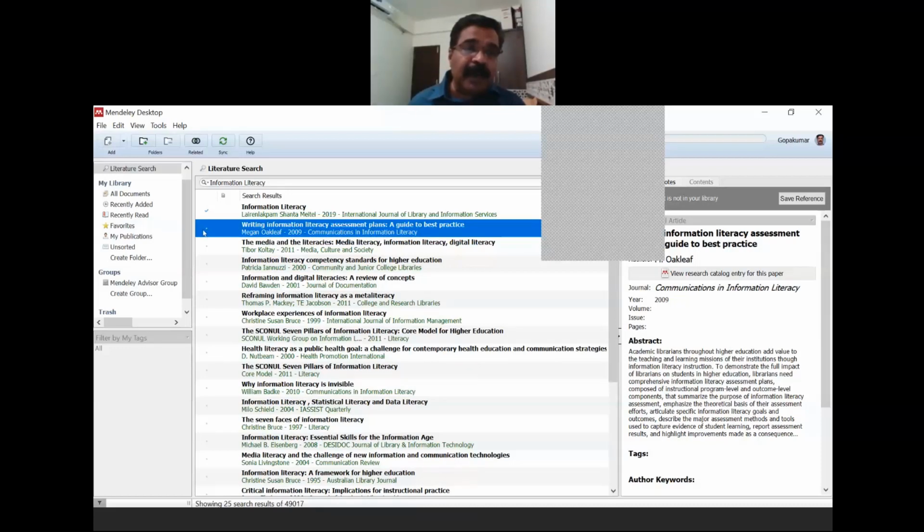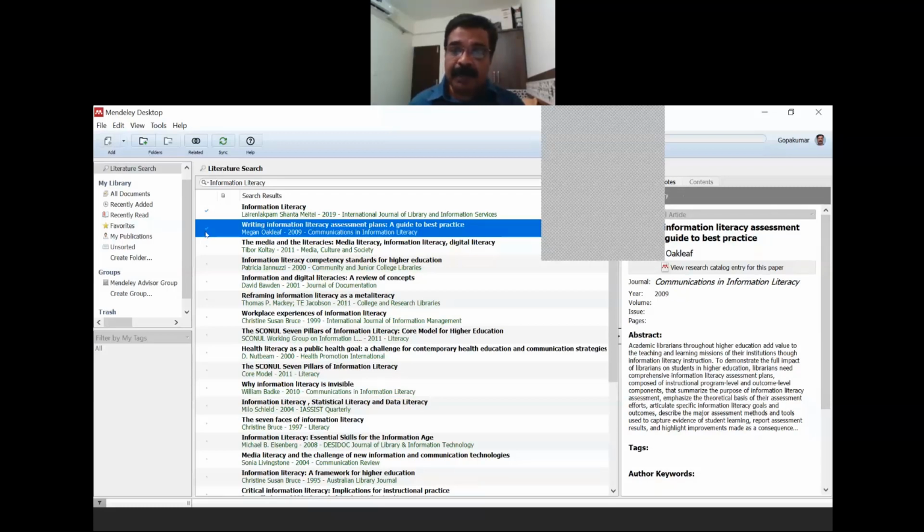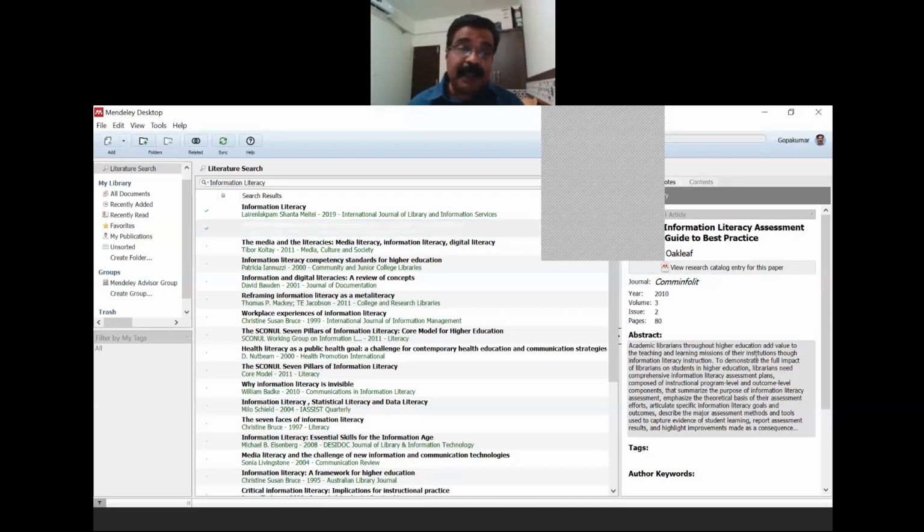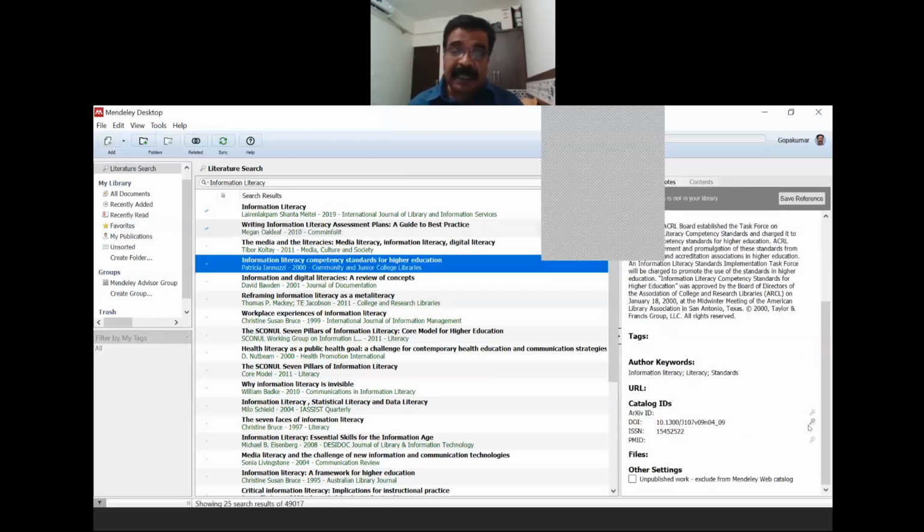Here also you can see the small dot. You just bring your cursor here and click on it. So the blue tick mark comes. Here also you can ensure that it is the correct metadata by clicking here. Every time you do this, you ensure that the correct metadata is coming. The third one. Okay, this is also good. Again, you just make sure that the correct things are coming and then select it.